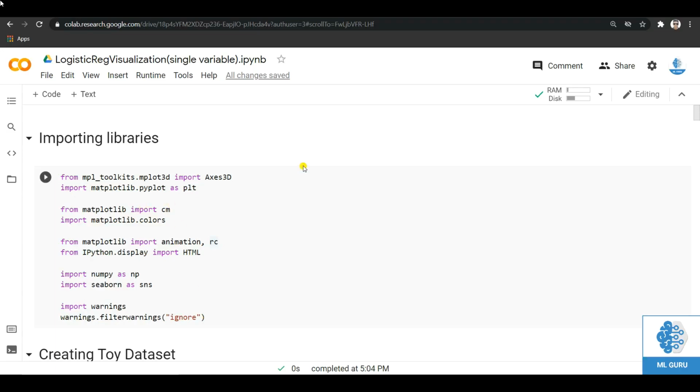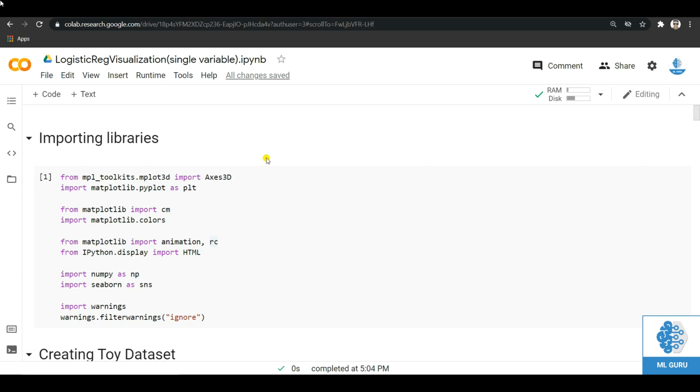I am Arjun Pukale. In this video, we will build the logistic regression model for the case of single variable from scratch in Python. In the previous video, in the theory part, we had derived the expression for using gradient descent on this logistic regression model, where we had used the mean squared error loss function, and we saw how we can apply a gradient descent update rule and update the learning parameters of this logistic regression model, which are nothing but the W and B.